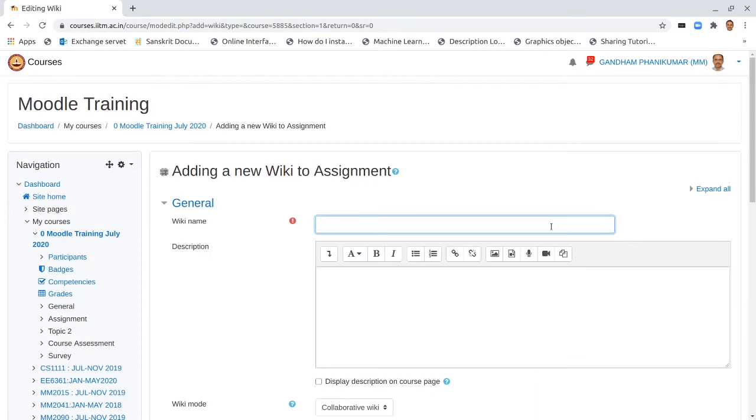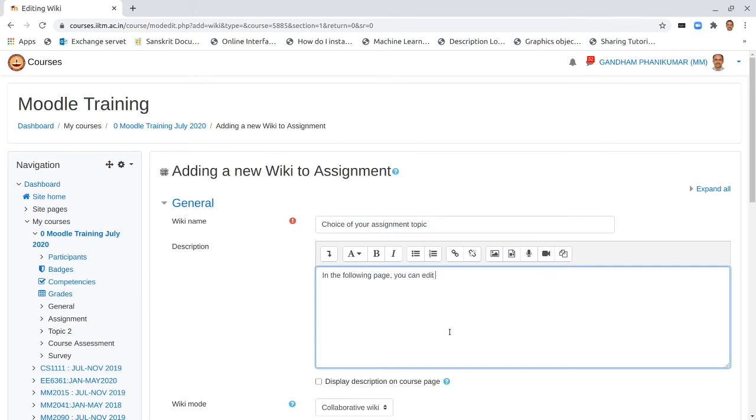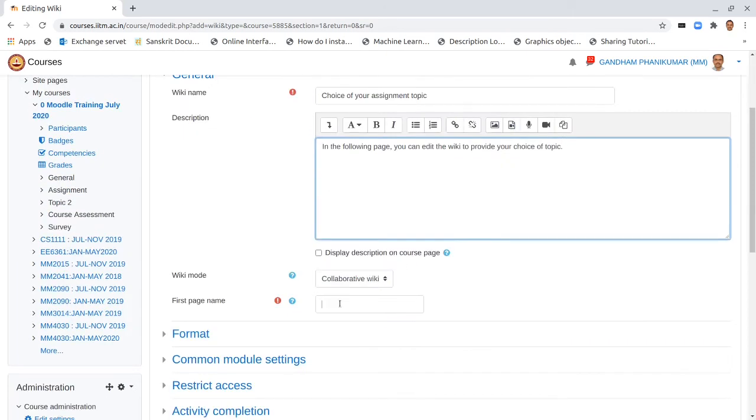We say here, choice of your assignment topic, and the short description will be: in the following page you can edit the wiki to provide your choice of topic. The very first page can also be called start, and we should display this on the front page.